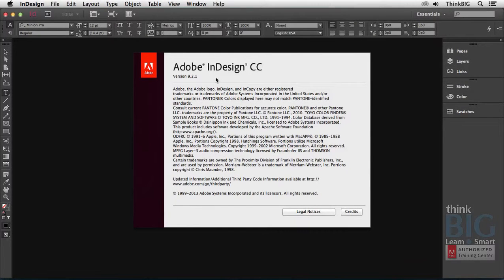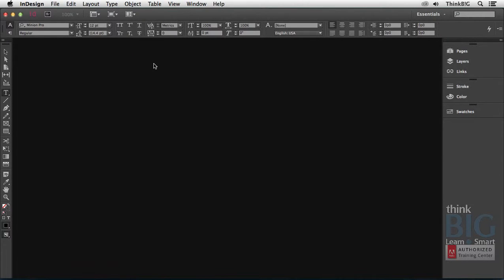In this tutorial, you'll learn the smart way to place text in Adobe InDesign. Notice I'm using Adobe InDesign CC, which stands for Creative Cloud, and this works on the Mac as well as Windows, including earlier versions of Creative Suite such as CS6 or CS5. I'll begin by clicking on the Adobe logo to close the splash screen, and I'll choose from the File menu